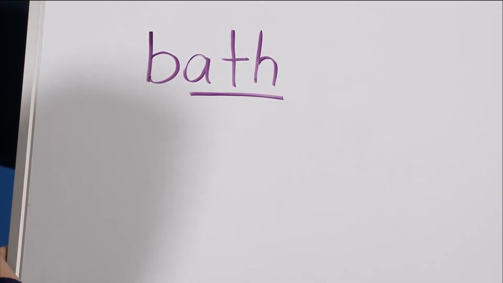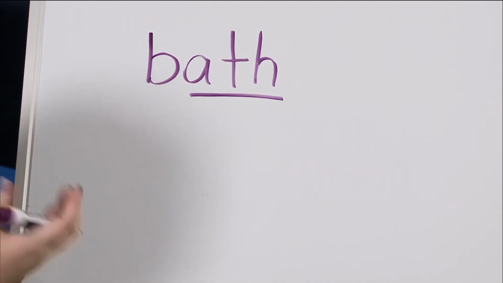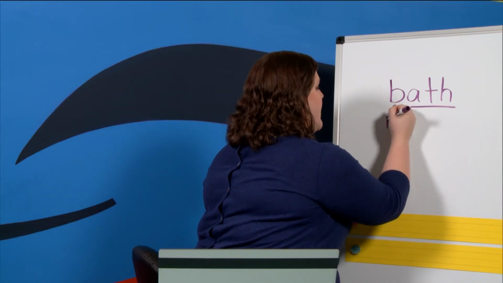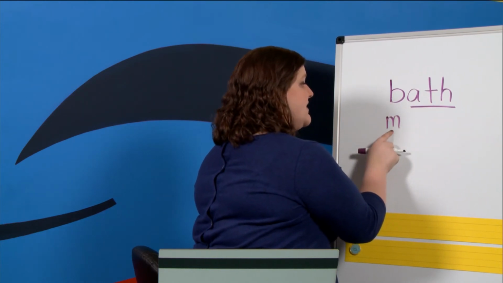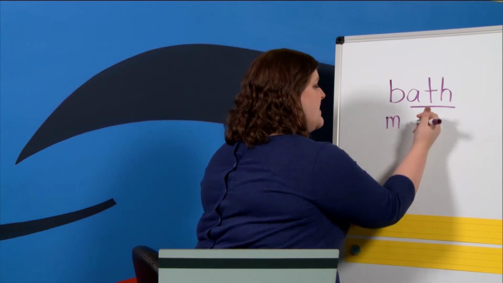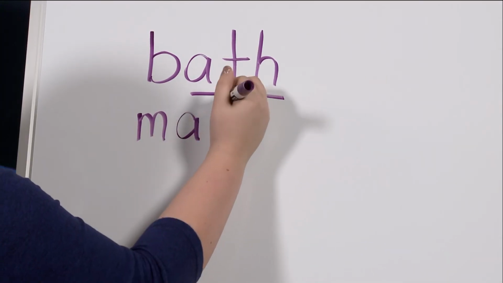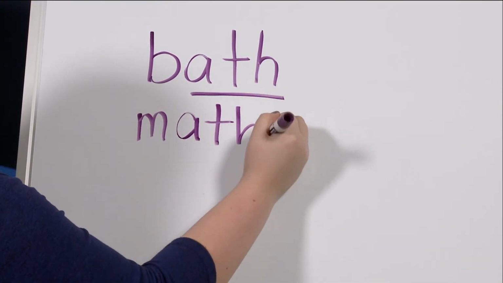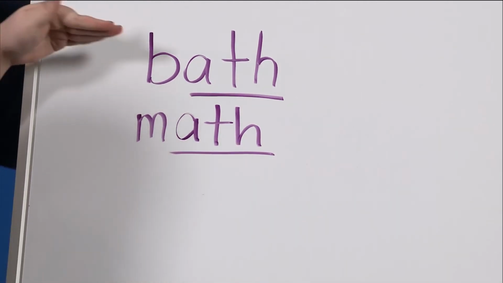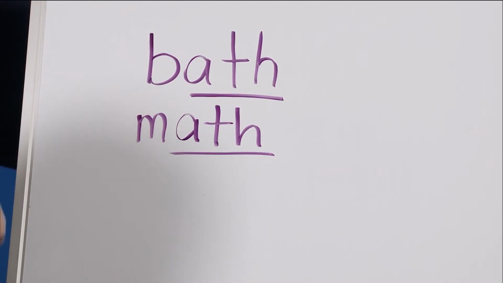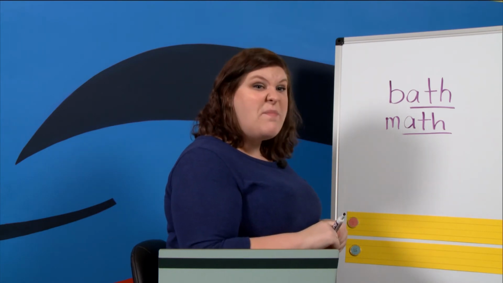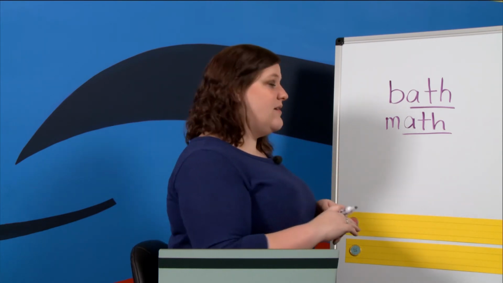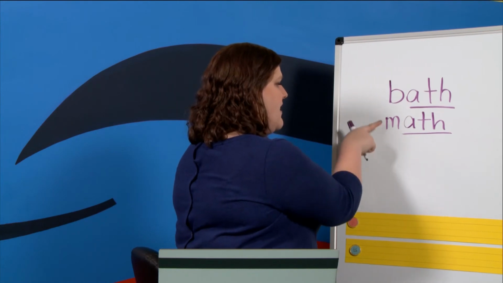I'm going to change the first sound. I know that that is an M. M makes the sound /m/. And because it's a rhyming word, we're going to end in the same way. Bath, math. Let's come up with just one more. What about the word path? Bath, math,